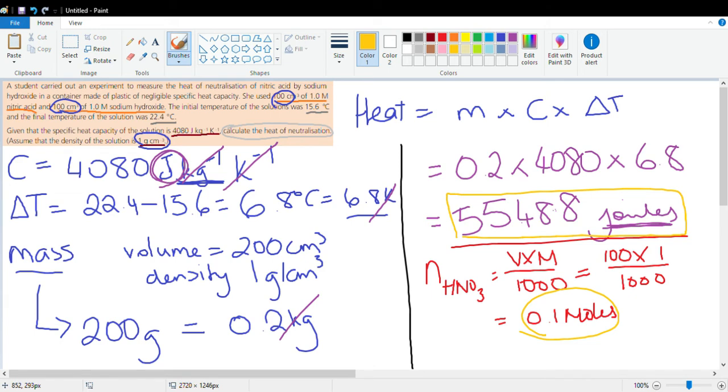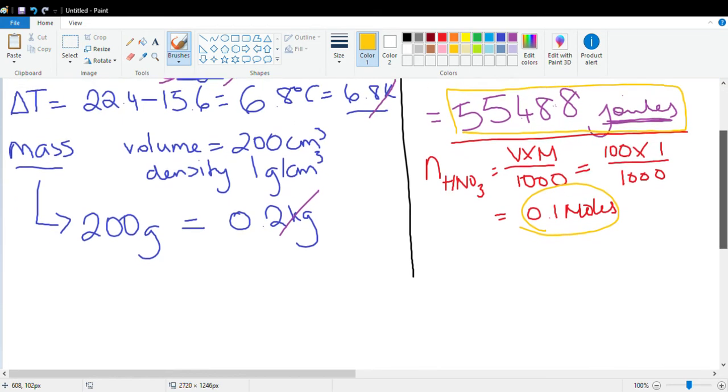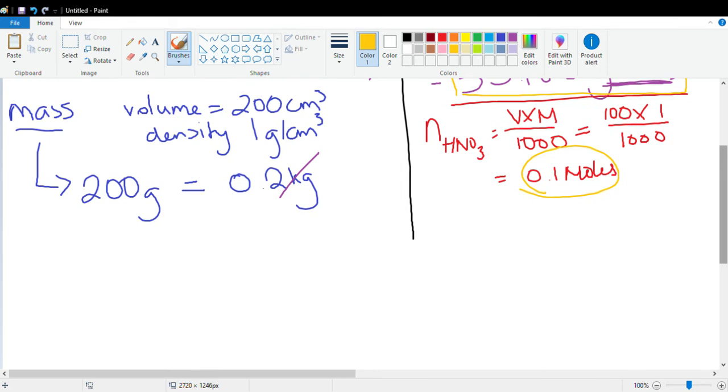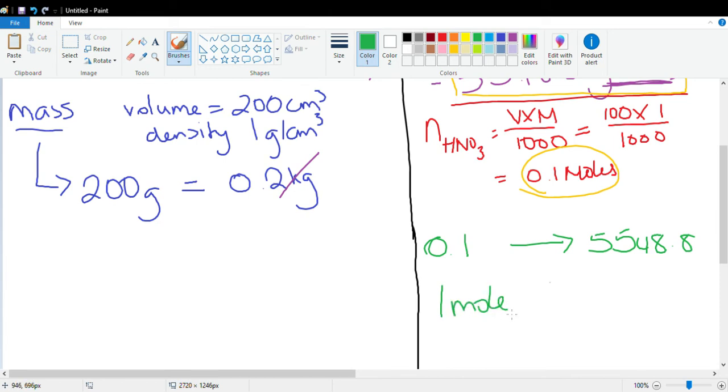So now we know that our heat of neutralization over here that we're being asked for in the question, we know that that's always in or per mole. So we'll just continue on down here. So if we've got 0.1 moles producing 5,548.8 joules, how much will 1 mole produce? And the way we do that is to get from